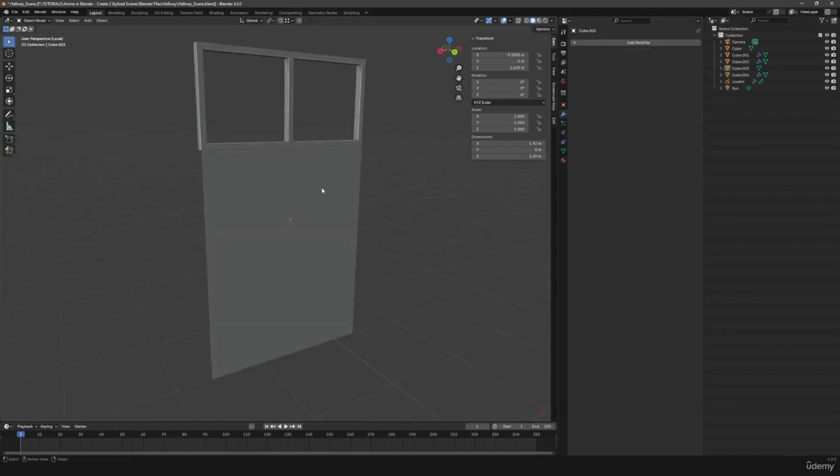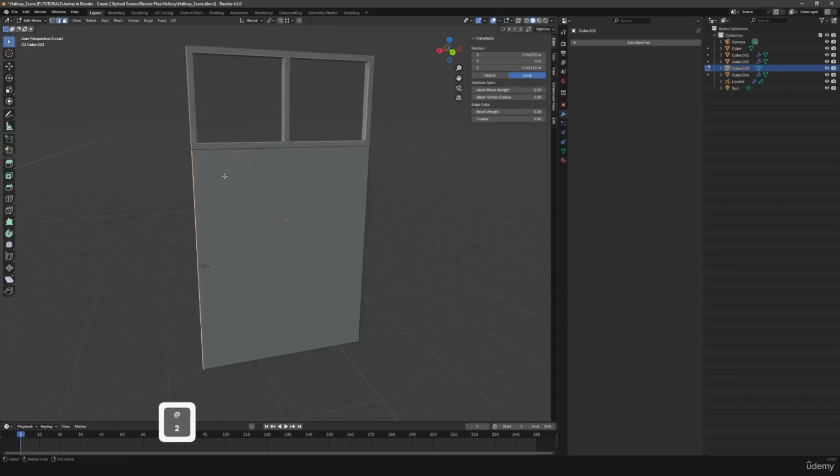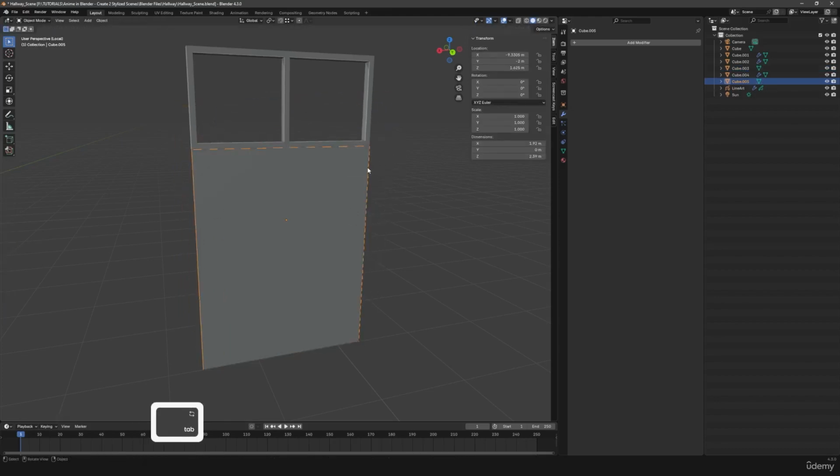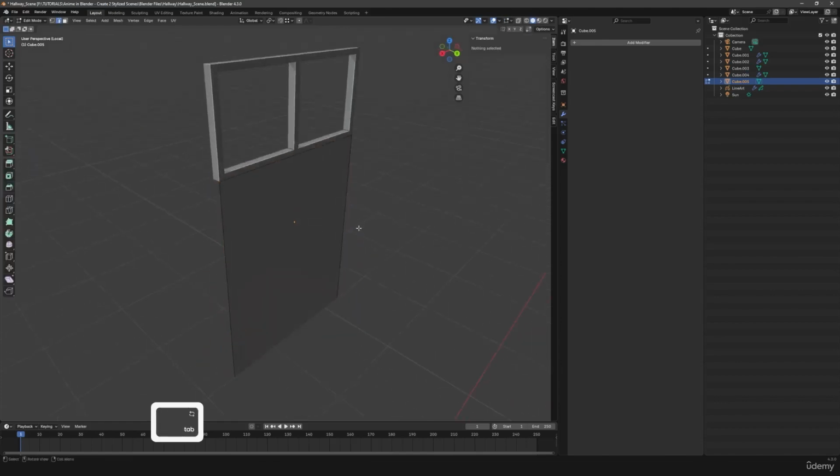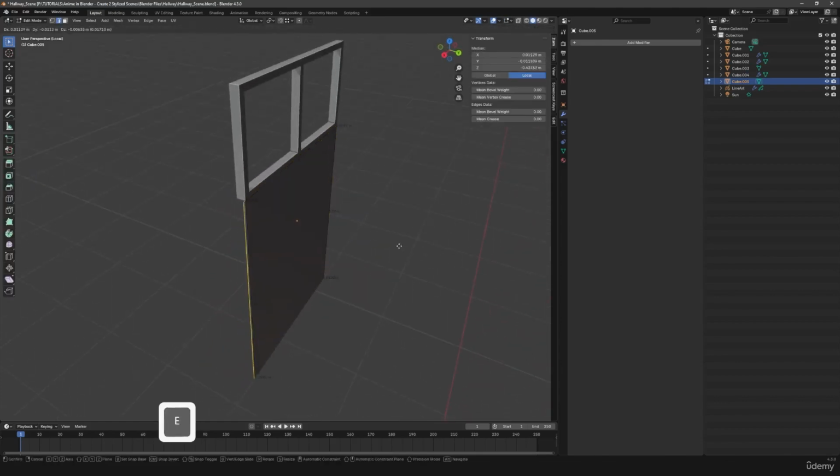Alright, so now I will select the door object, and first what we need to do is create the door frame. So press Tab and select these three edges like this. Press Shift plus D, right click, press P and separate the selection. Once again something similar, and now select them, press Tab, A to select everything, extrude them out on the Y axis like this,